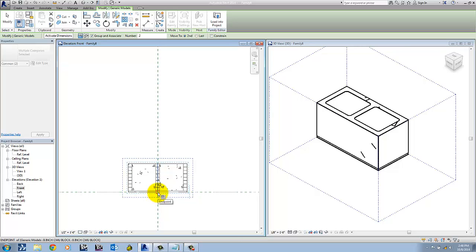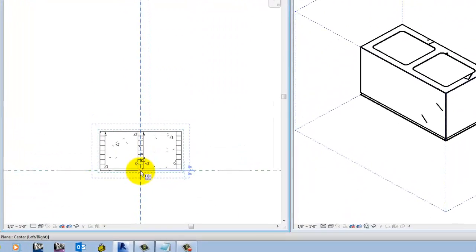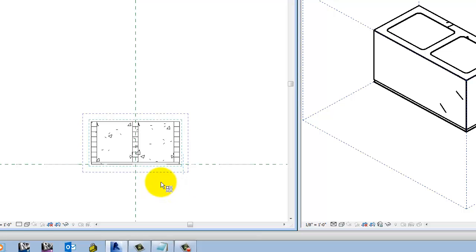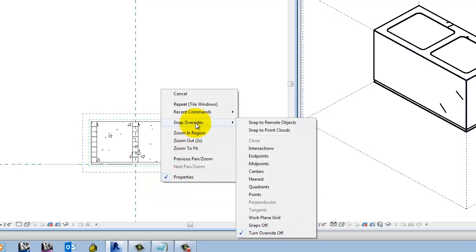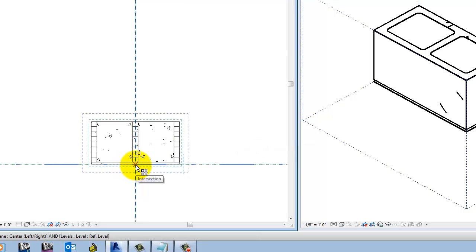It's probably okay to start from this endpoint. If you did want to specifically select a point, and when I'm mousing over, it's not giving me that, I can kind of tab through. But if I do, see, it's not giving me that intersection. That's okay. I can right click, go to snap overrides, and go to intersections, and it's going to find the